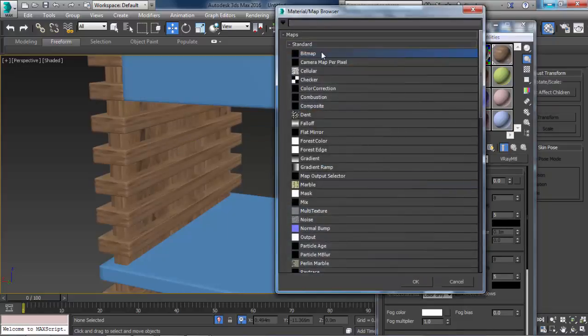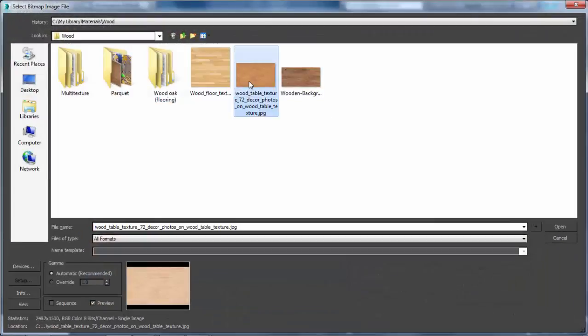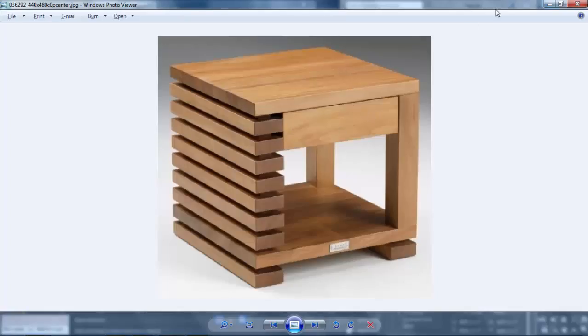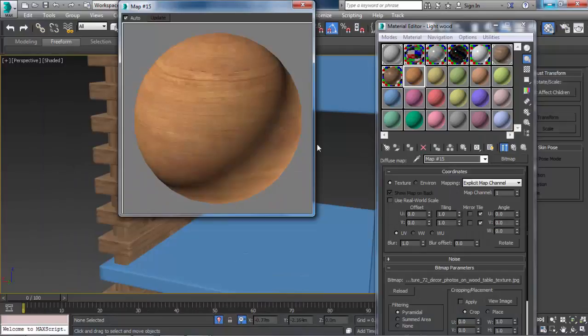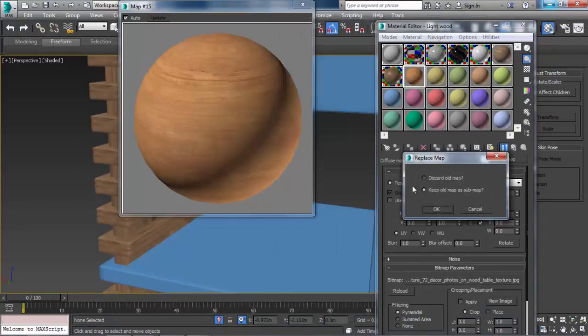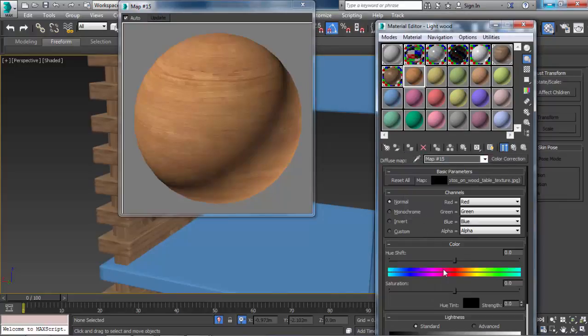We'll bring this wood table texture. As you can see, it's very saturated. I don't want it to be like this. I want it to be desaturated like this one. So let's apply a color correction and just desaturate a little. That's good.